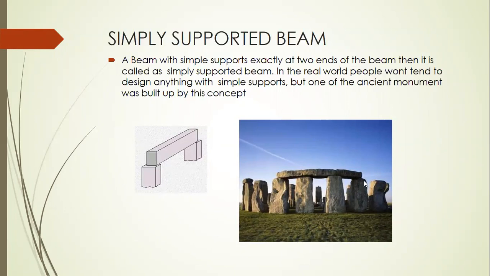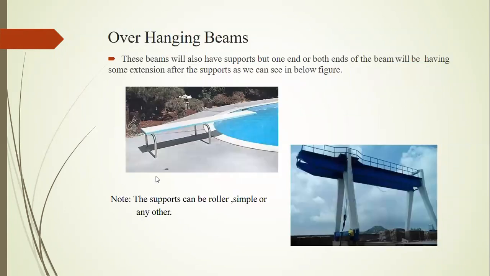The best example you can see in the picture can be considered as a simply supported beam. It is simply resting; this stone is resting on these 2 stones simply. There is no bonding between these 2 stones. Such types of beams are called simply supported beams. How many reactions will be there? There will be 2 reactions, both vertical. Since we have 3 equations of equilibrium, we can determine the support reactions easily with the help of these 3 equations. So this type of beam is also a determinate beam.